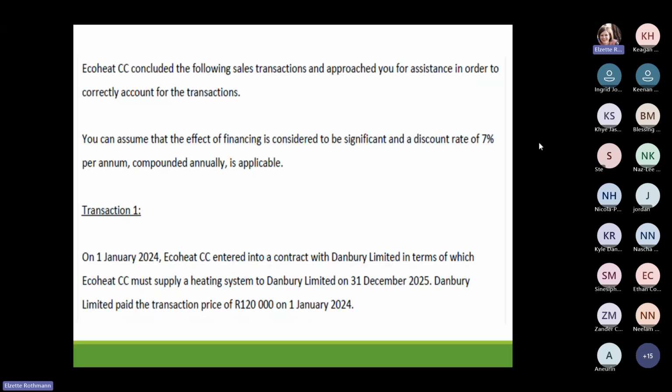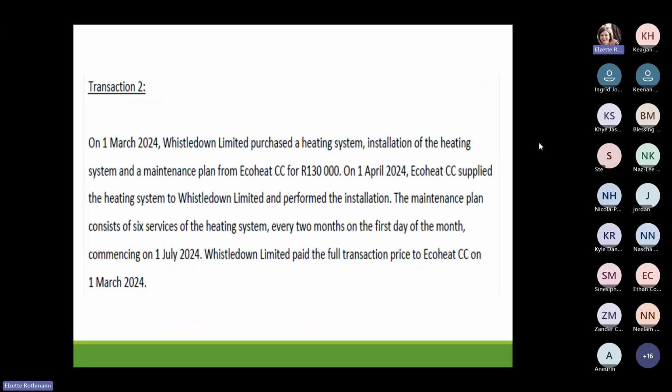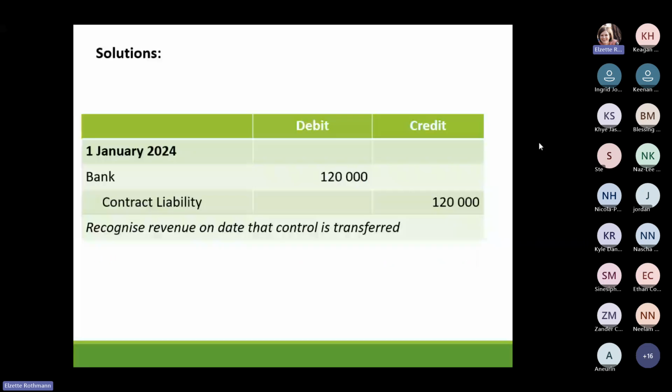Okay, so when this transaction started on the 1st of January 2024, it's bank and contract liability, because Eco Heat CC received the money, but they didn't do anything yet. Okay, so that journal will then look like this. So on the 1st of January 2024, when they entered this contract,